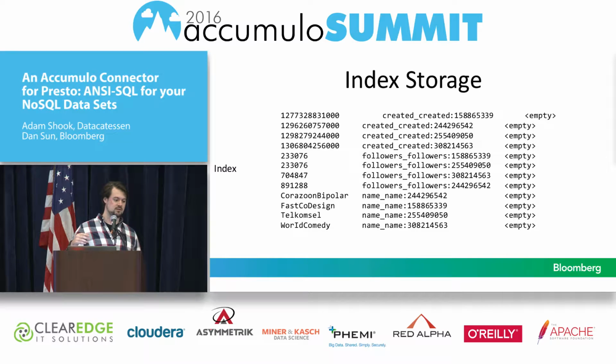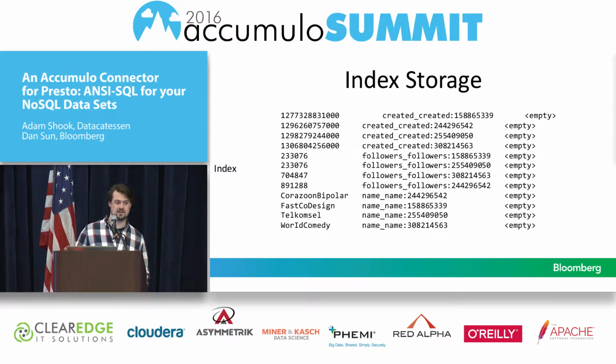So then, when you create a table, you specifically flag, I want these columns to be indexed. Some columns shouldn't be indexed because you're going to have millions of rows and there's only 3 values, and now you're going to create hotspots in Accumulo and all sorts of other design decisions. So here we're indexing the name column, the created column, and the followers column, and it's kind of a standard